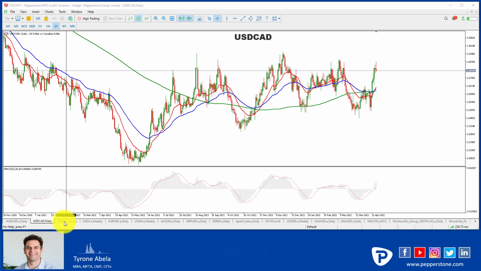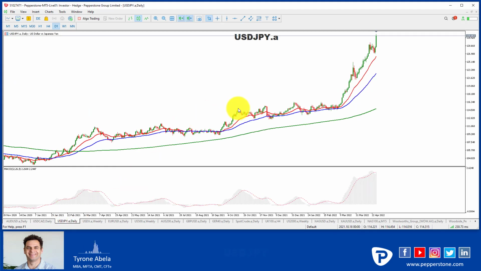All right, we'll move on over to the US dollar yen now. This one has just busted through. It's basically done all of the things that we needed it to do. It flagged there, although that's not really a flag pole, it's certainly a flag formation, and really it's the technical price action that we're looking for. So as much as it's not a technical flag, it's certainly flag-like behavior, what it did over the past 5 or 6 days, and then it just busted straight through, and we're almost touching 131,